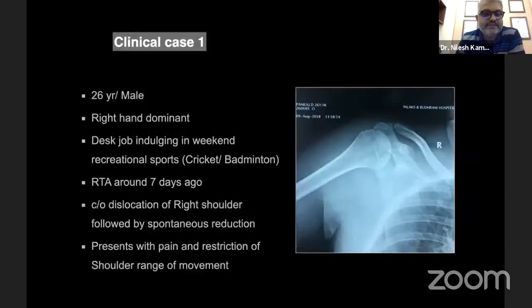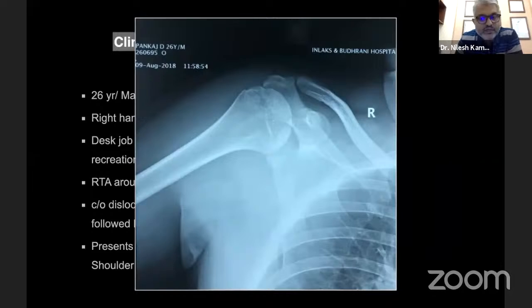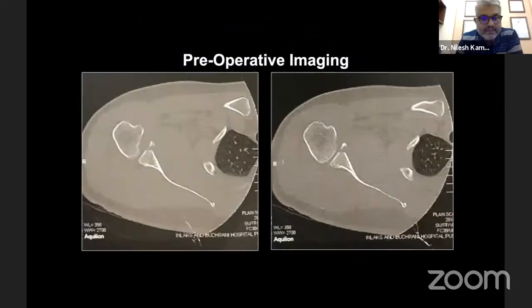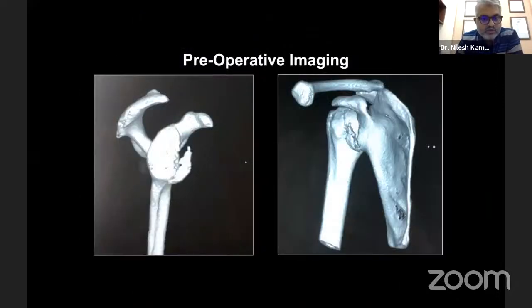If you look at a couple of examples, why true AP is so important. Here we have a 26-year-old male presented with a road traffic accident around a week back, sense of dislocation followed by spontaneous reduction. He comes 1 week down the line with a shoulder sling. If you pay careful attention, you can see along the anterior inferior portion, there is a superimposed image, or rather there is loss of the normal contour. We went ahead and got CT scans done for him. His on-face view showed a significant traumatic glenoid bone loss with a fracture fragment.